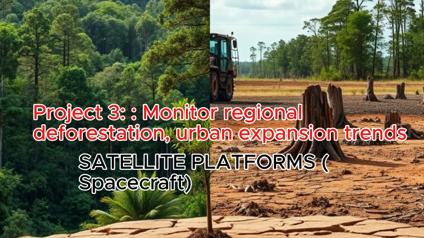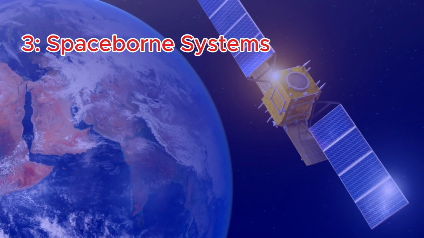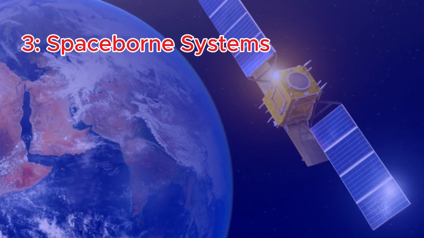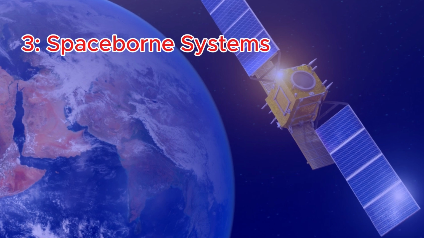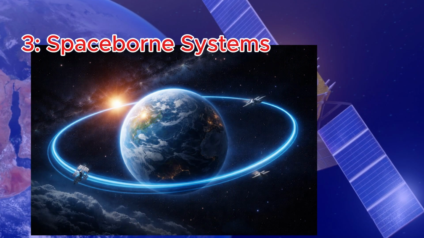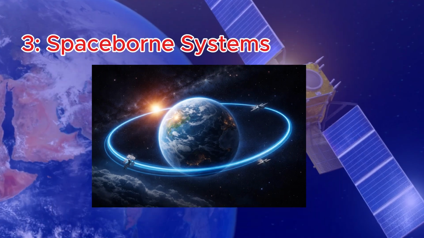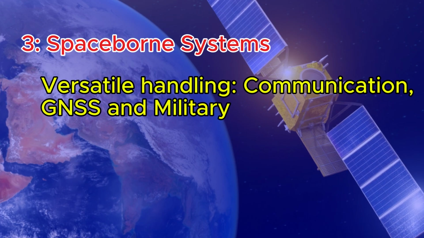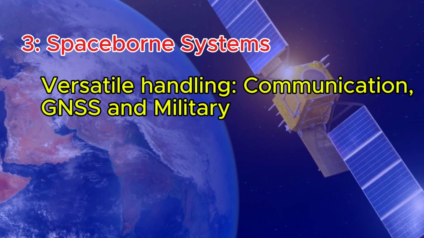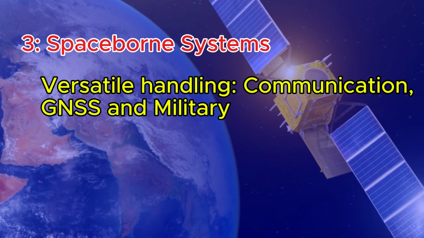Let's explore the third type of remote sensing platform. It is the space or satellite-based platforms. Let us launch into space with the third platform, the satellite platform. In space, sensors revolve continuously around the Earth, commonly carried by artificial satellites or the space shuttle. Satellites are versatile, handling not just remote sensing, but also communication and vital GNSS telemetry for precise coordinate positioning